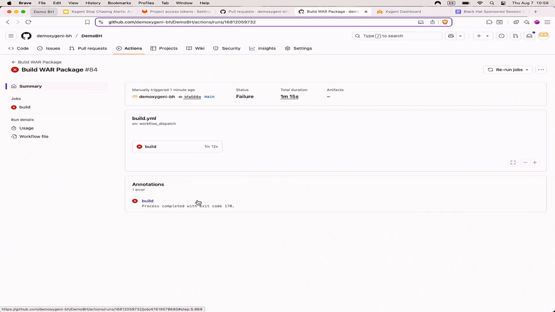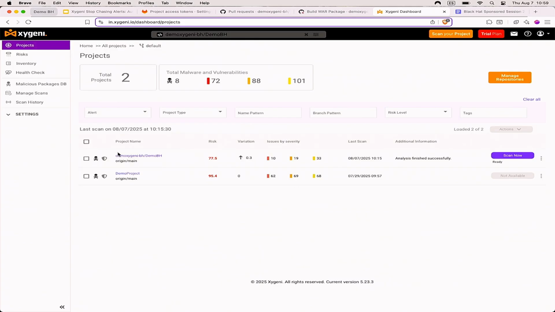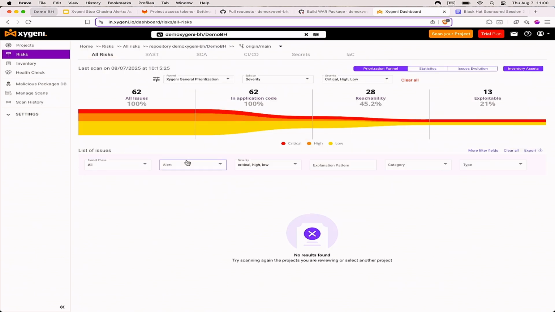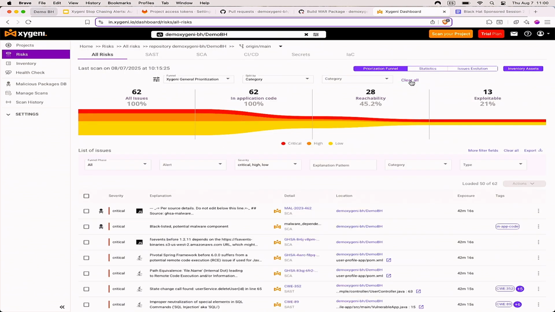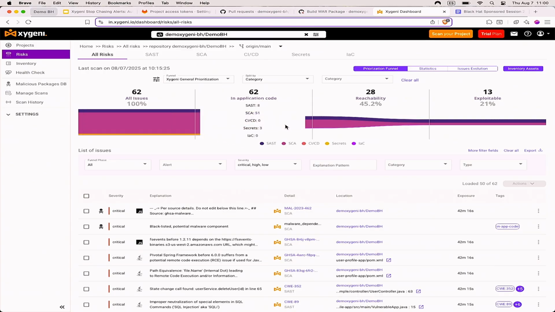If we switch to the platform, okay, we have here a couple of secrets. This is our interface, and we have here a demo, and this is our project. We have flagged the malware that we have detected, and we have some issues and some summary. If we start to drill down to analyze the content, we see that we have the all risk view, that we have detected all the SAST, SCA, secrets, and everything. We have here the malware and the different issues. And the important thing is that we start seeing some prioritization.